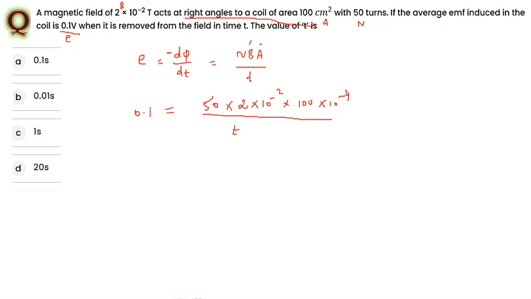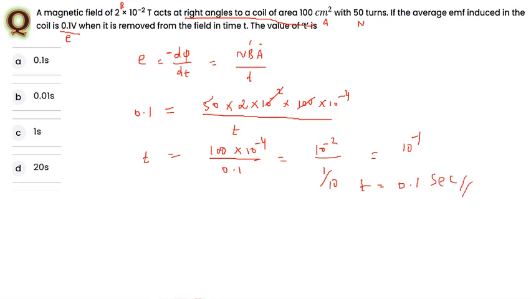See, from this one, you just cancel this 2 here, and 50 by 2, that is 100 into 10 power minus 4, and this one I just mentioned here T, and this one will come over here, that is 0.1. So you can mention here 10 power minus 2 is there, this 0.1 you can mention like 1 divided by 10. So again you can mention here 10 power minus 1. So from here what you are going to have is 10 power minus 1, that is 0.1, t equal to 0.1 second. So answer in this case,